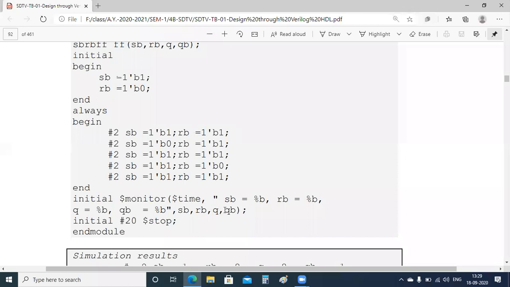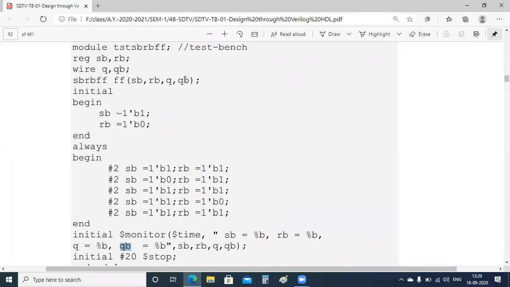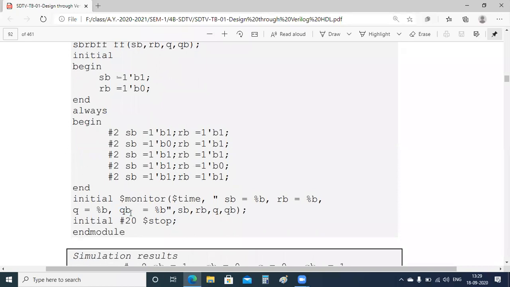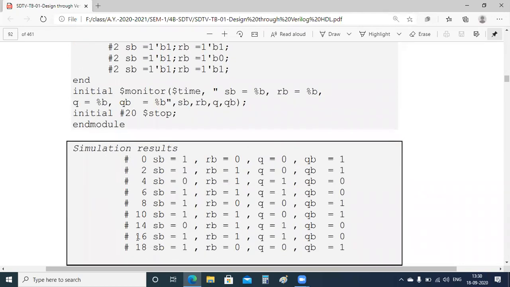Sometimes I may write QB here, and if I write some other variable here instead of QB, that is what will be printed. Whatever I write will be printed here. If I write my name here, that will be printed. But the value I have given for QB only will go into that one. Do you get it now? I want to execute my simulation for 20 units of time. You can see only up to 18 seconds here.